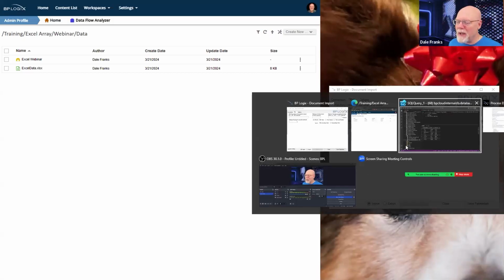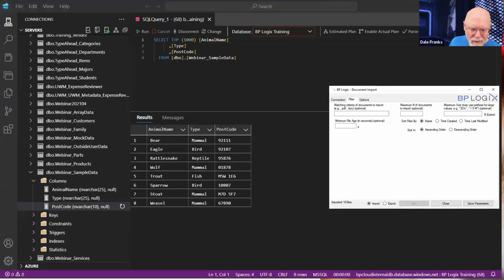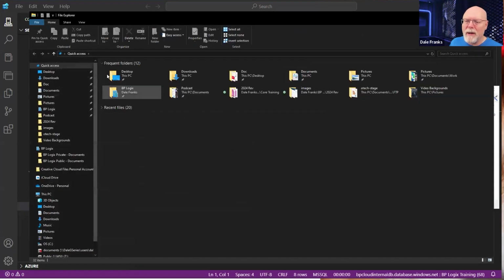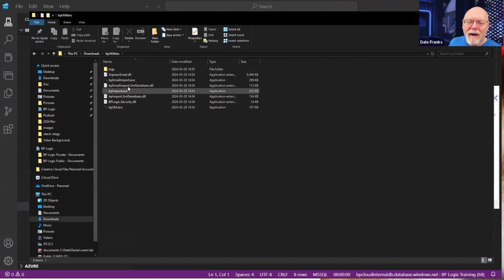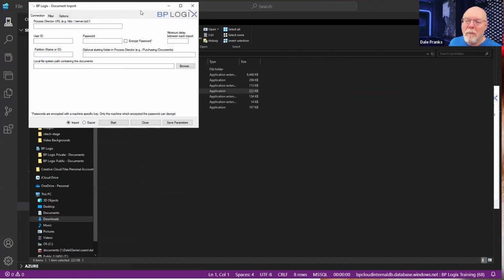Can I open it again? Sorry. Let me see if I can just reopen BP import in a new window. Apparently I can.